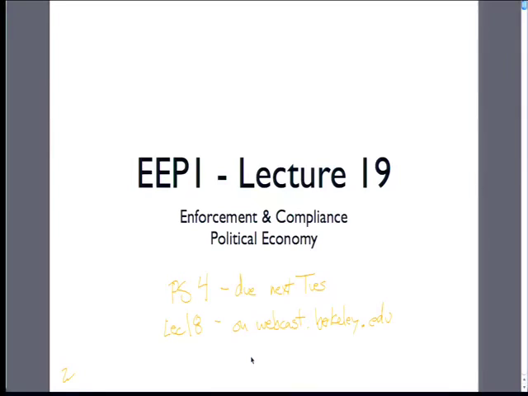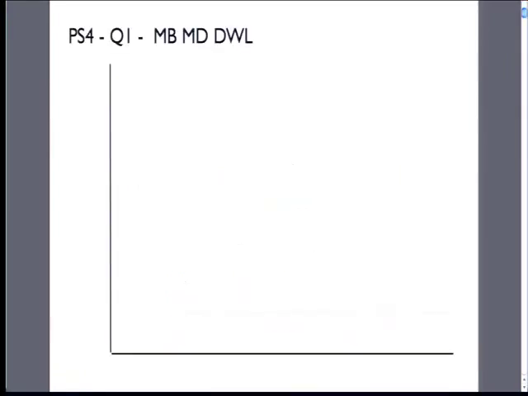Okay. Problem set 4 has 3 different questions, and I just wanted to draw the graphs for the 3 different sections. I think you only need to draw the graph in the first one, but it's helpful to think through the graphs, to think about where we are and what we know for each. So question 1 of problem set 4 has,